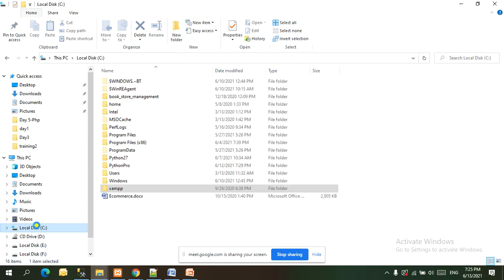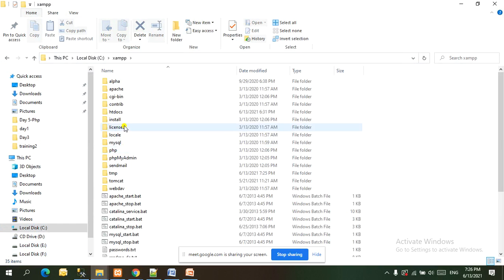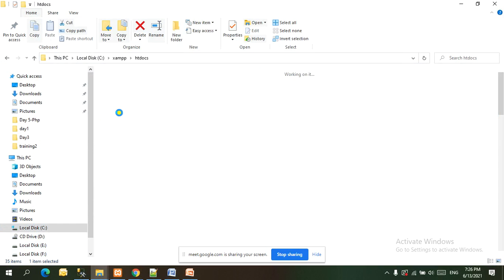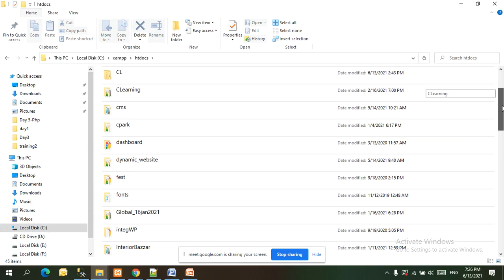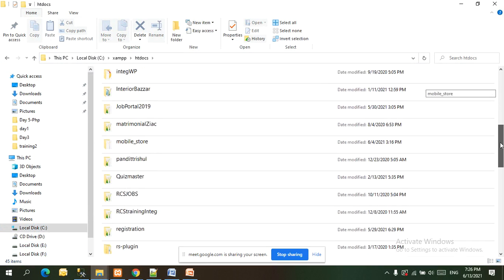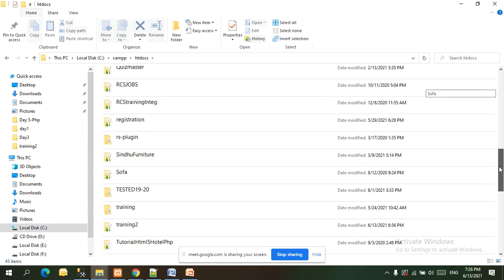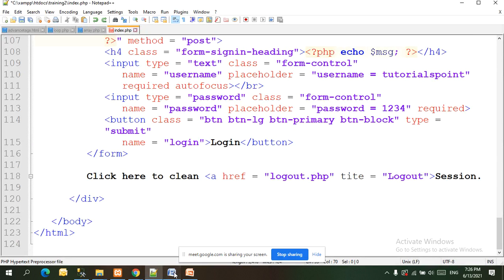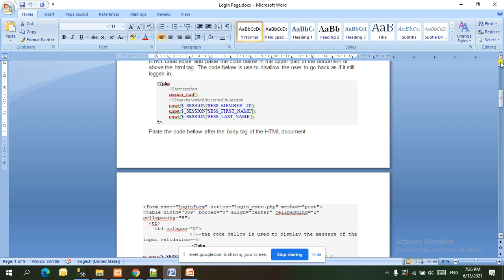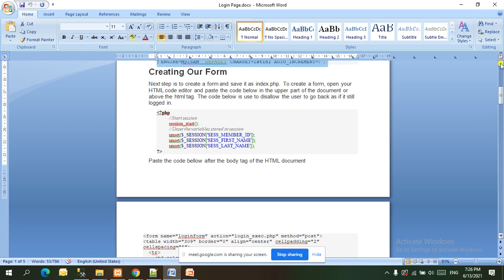So let's go to the XAMPP folder, and inside XAMPP we have htdocs. Here we have created a folder by name training 2, and here there is already a page named index 1.